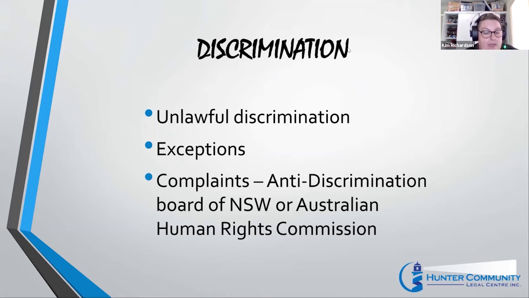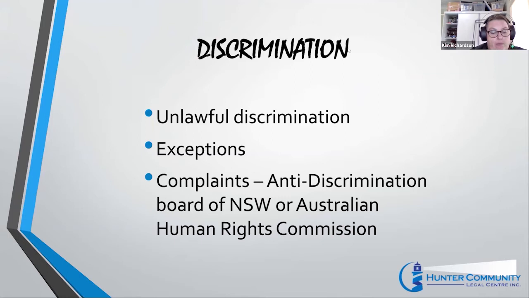So it's unlawful for a landlord or real estate agent to discriminate against you when rental accommodation is advertised. For example, an ad says that people of a particular ethnic group cannot apply. When you inquire about the availability of advertised accommodation, for example, an agent refuses to show a vacant rental property to two unmarried women. When you apply for rental accommodation, the landlord or the agent might refuse to take your application or place you lower on the list of applicants.